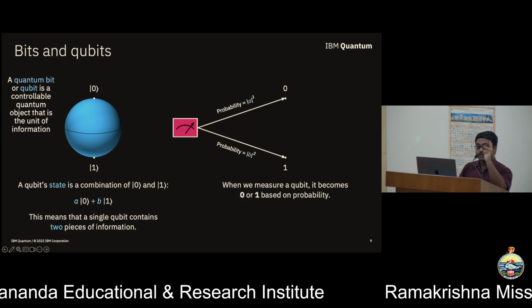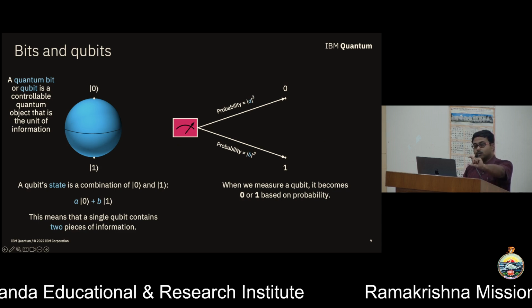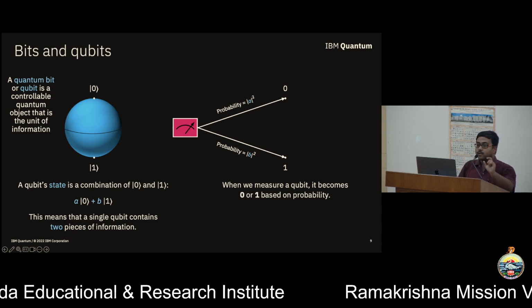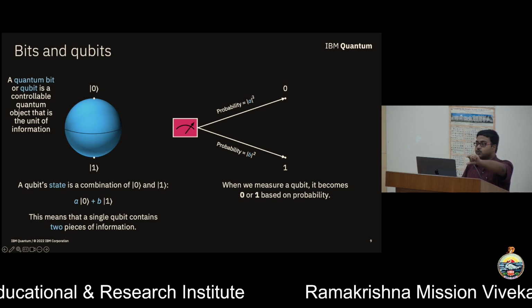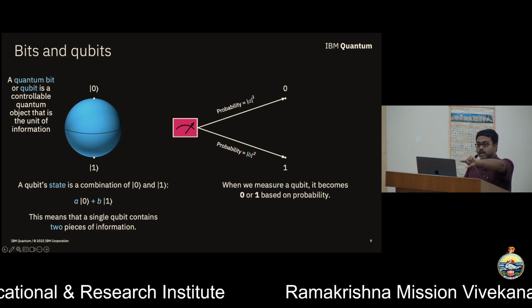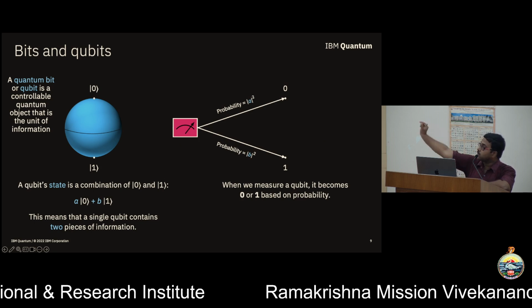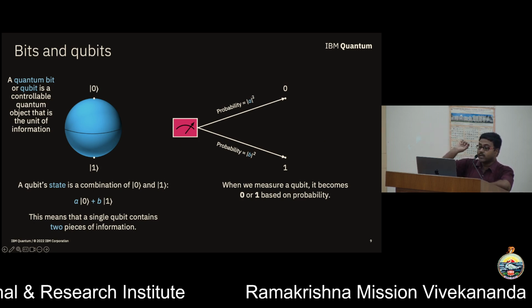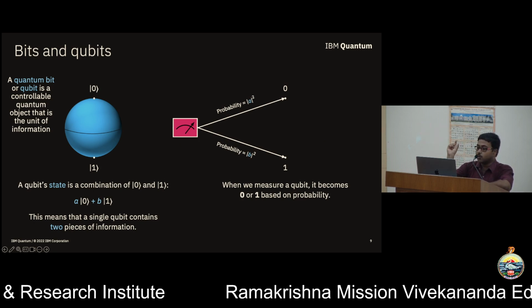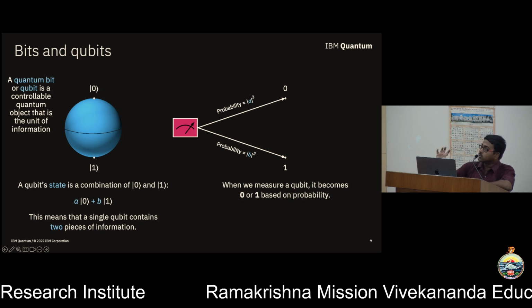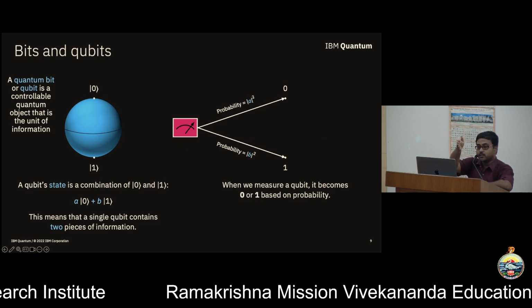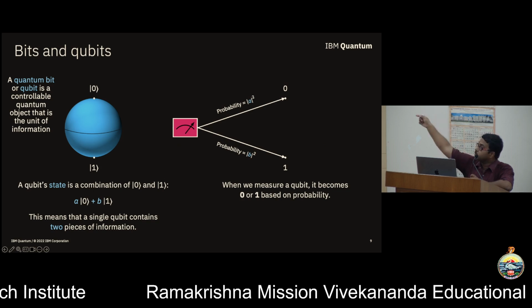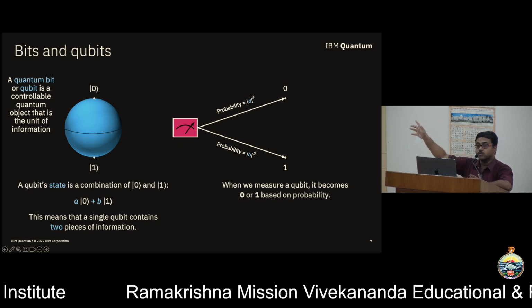But the point is, even if we can put it on the edge like that, is it really going to stay on the edge? No, it will actually drop in this direction or in that direction. That is where this measurement comes. We can have a quantum bit or a qubit which is both 0 and 1 at the same time, but the moment we measure it, it will collapse either to 0 or to 1 with some probability.